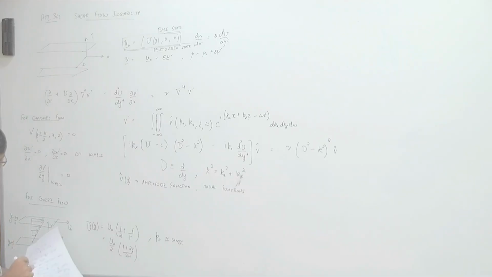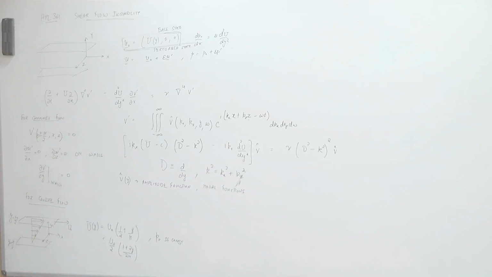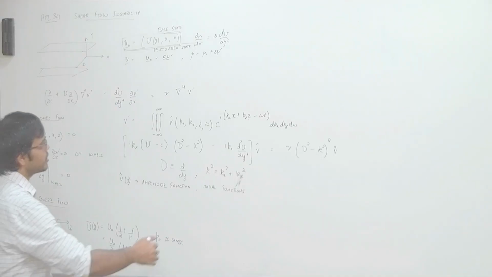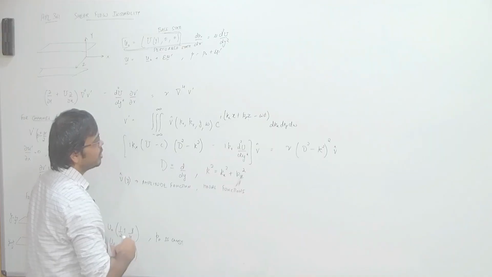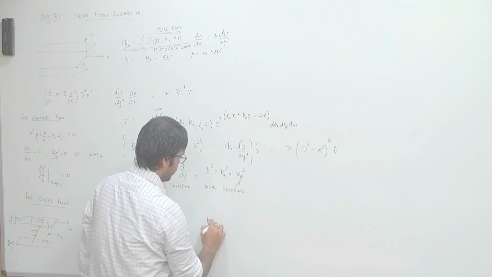So one interesting thing for Couette flow is, what is the simplification that happens in your final Orr-Sommerfeld equation? What simplification do you see for Couette flow happening? d2U by dy square is 0. So this term goes away, and your stability equation that you are left with is